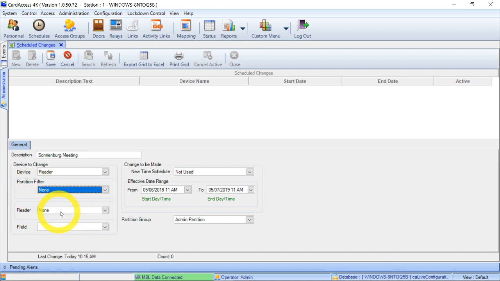Next, you'll need to decide which specific reader you want to change. On a side note, if you have partition filters set up and you have a partition for an entire building, say building A, you can change the state of that entire building using the schedule by setting the partition filter and not choosing a specific reader. In this example, we're going to select our front door,